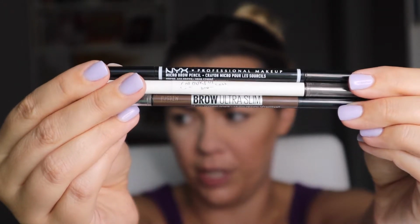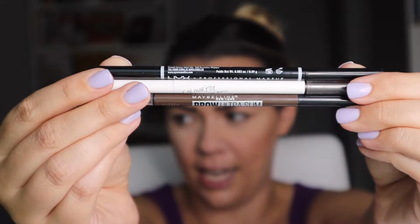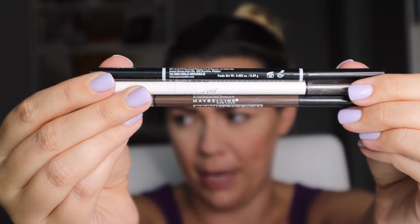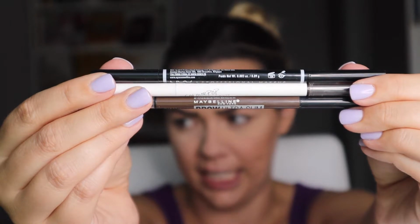I love all of these. They are all very good. They all come in a variety of colors. And these are all drugstore, which is great because the other brow pomades I use are all high-end makeup. So this stuff you can get at Ulta or Target or Walgreens or CVS, which I love because honestly, I go through these like...